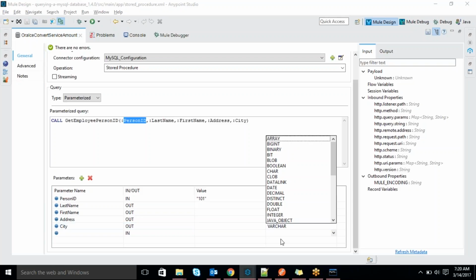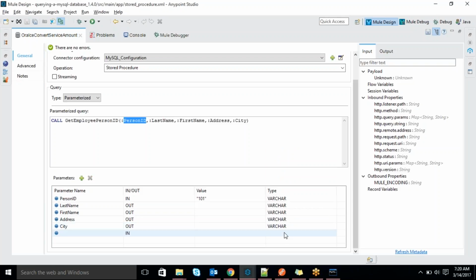So whatever the database, whatever the type it is, then you have to choose the type. Okay, clear, right? So this is the way we have to mention in parameter, out parameter, and then calling the procedure.